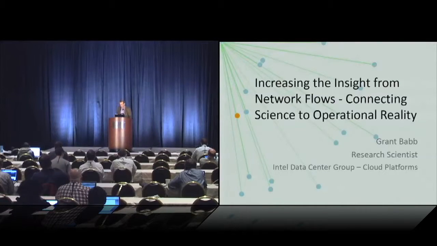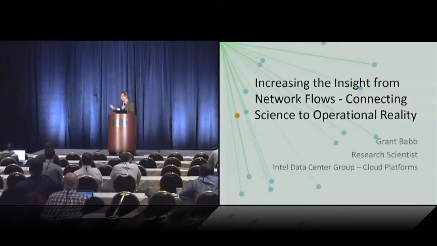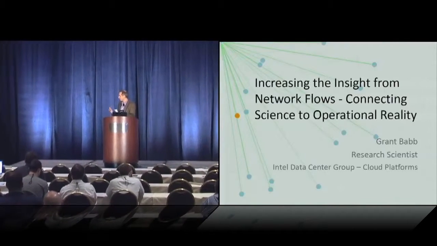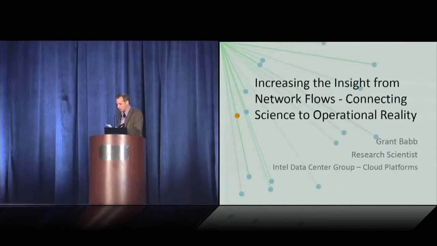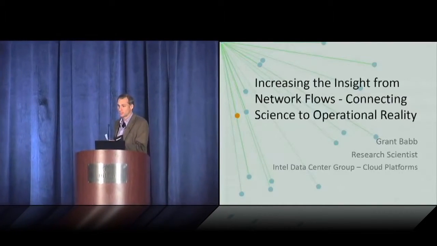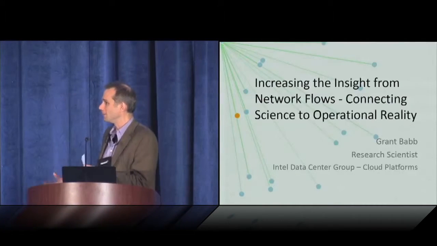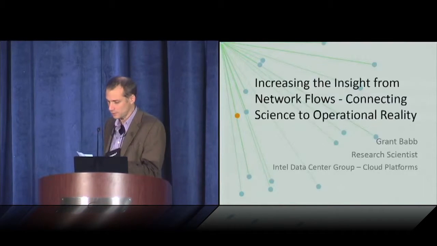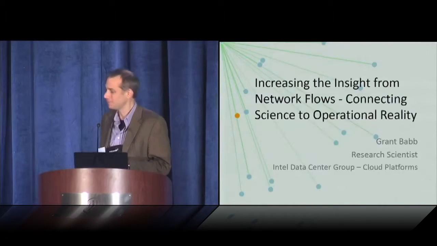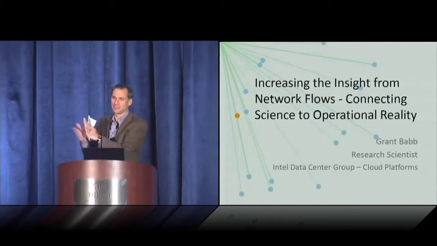So next up, we have Grant Babb, and I realize he's actually a local, and I don't want to imply that he worked any less hard to get here just because he's physically closer than Jan. But Grant works for Intel as a cybersecurity researcher there, and we'll be talking about actually several intermediate models, transformations that are useful in doing analysis of Netflow, and he can tell you more in a moment. So some clapping from local.